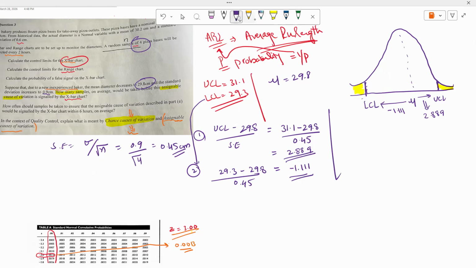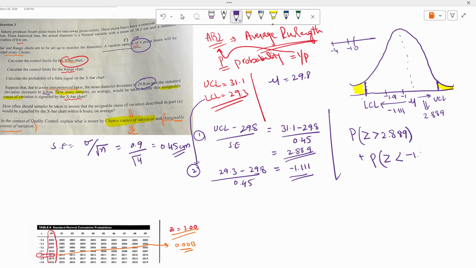Because this is the negative side of the number line. If this is minus 1 and if this is minus 1.01, then minus 1.01 is less than minus 1, because on the negative side of the number line, minus 1 would be greater than minus 4, right? So what you do is you will find the probability of Z score greater than 2.889 plus the probability of Z score less